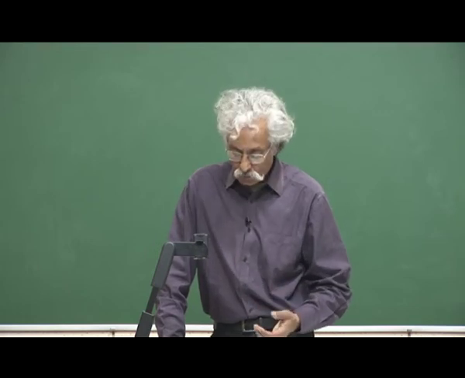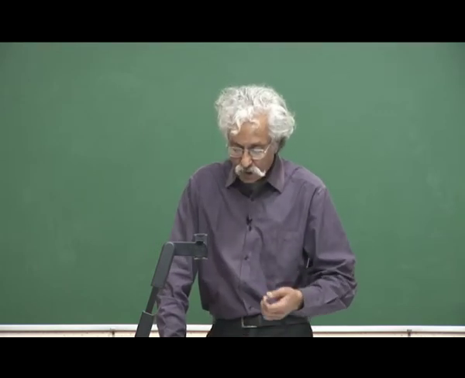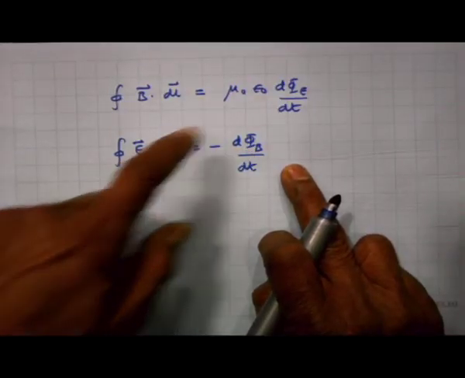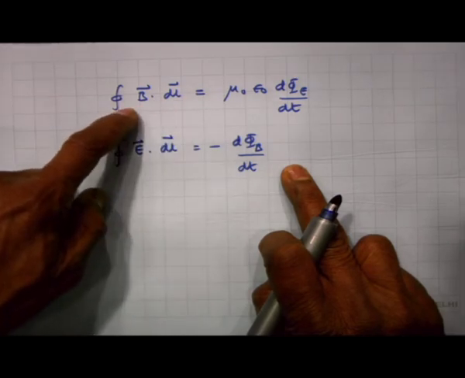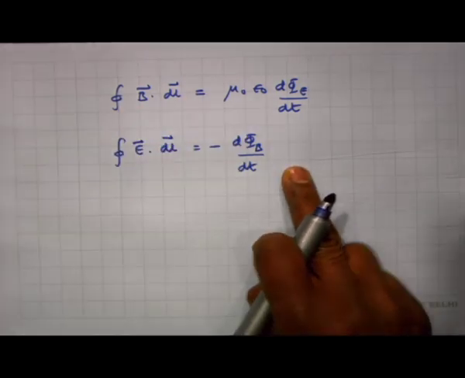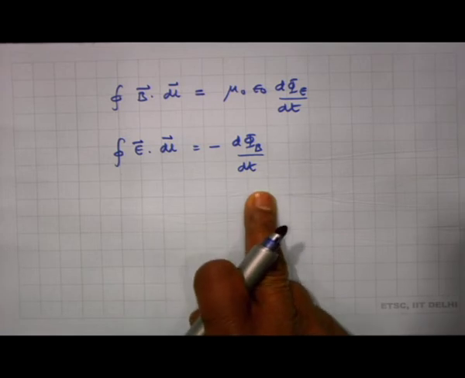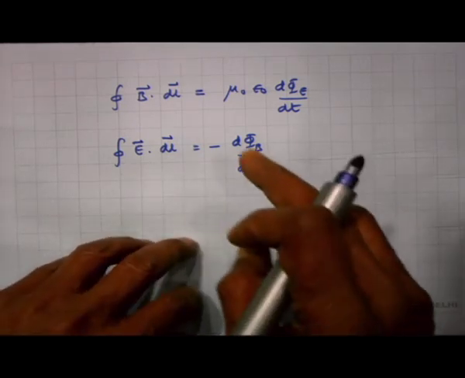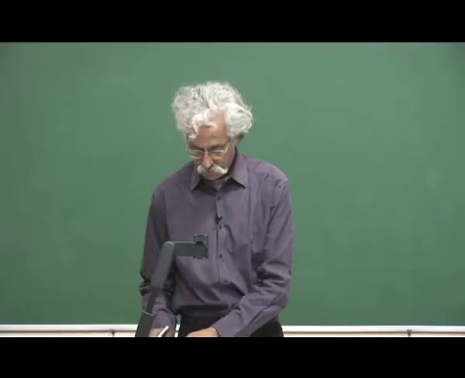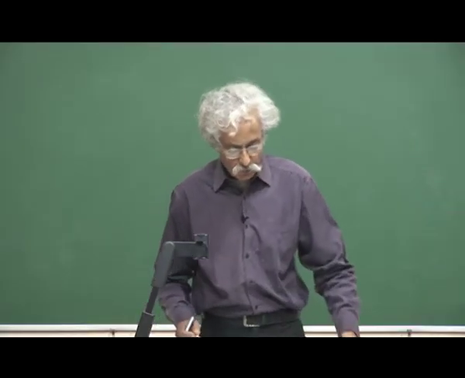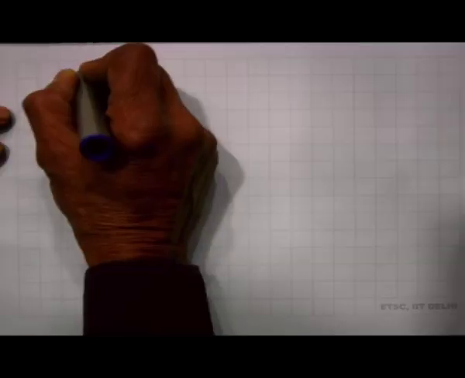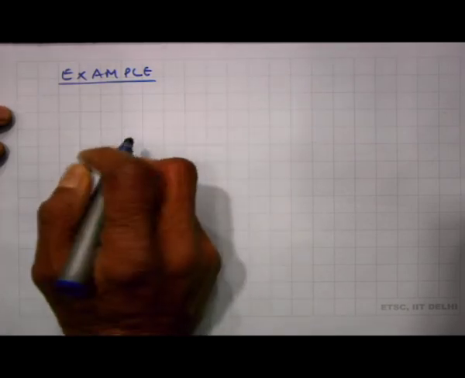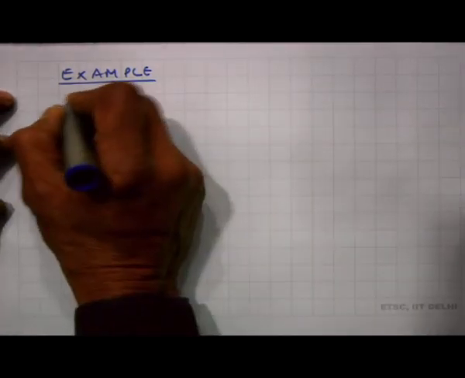Symmetry is very beautiful, but what is happening here is essentially that a changing magnetic flux generates an electric field, and a changing electric flux generates a magnetic field. So this term symmetrizes the electromagnetic equations, and we will see later, when we discuss electromagnetic waves, that this term predicts the existence of waves. Now, let me take an example. An example I want to consider is a parallel plate capacitor